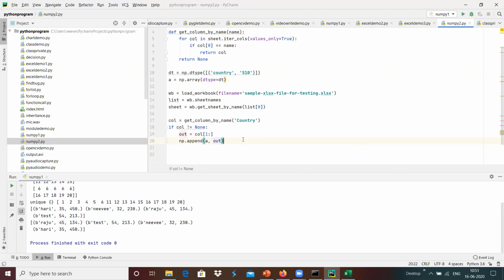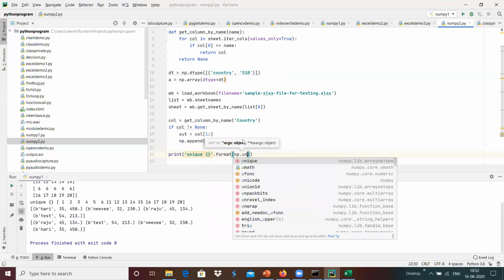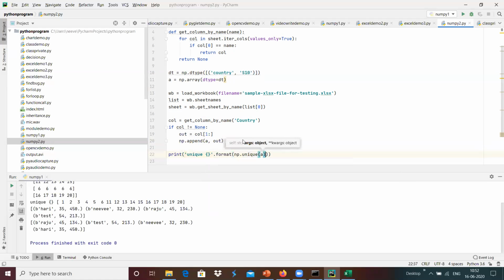Once we got it appended, maybe we can use something like a print, a unique over here, dot format of np.unique of a over here.